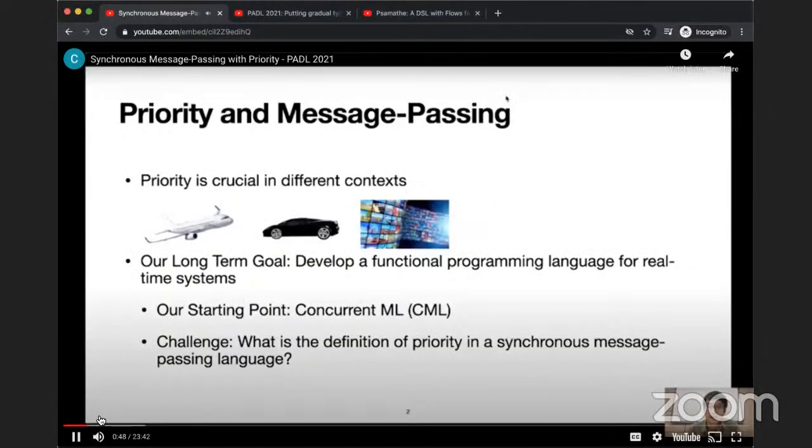Concurrent ML, or CML. CML is a synchronous message passing language. It provides a robust